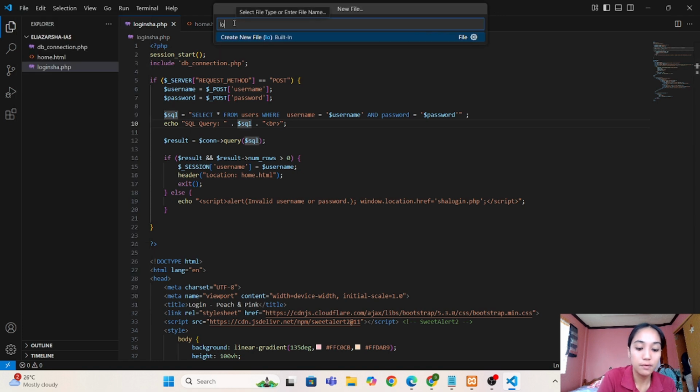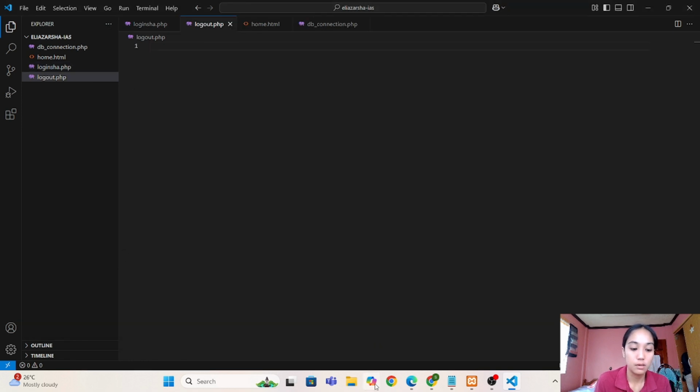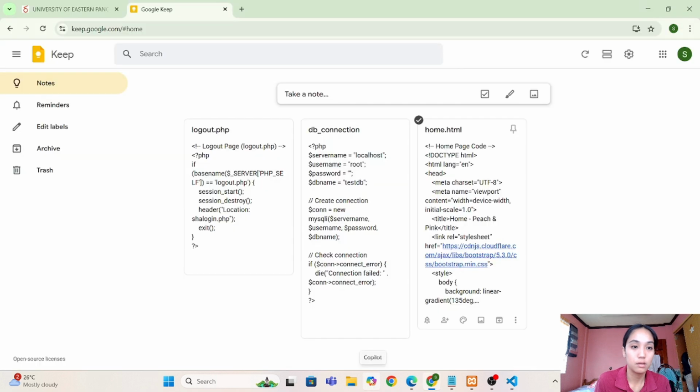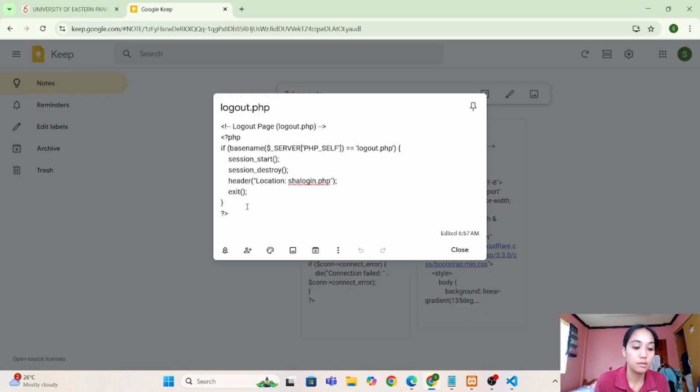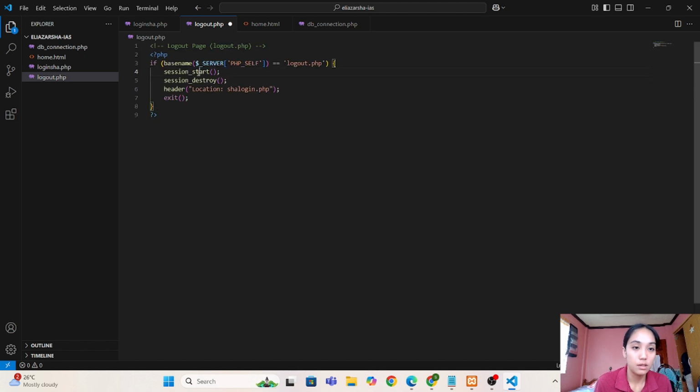So another file for logout is logout.php. Ito naman po para sa logout.